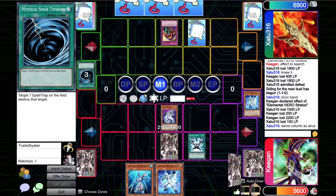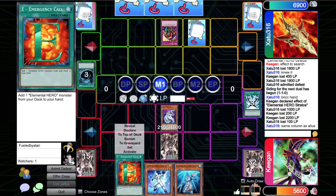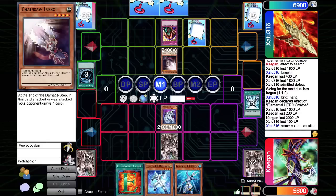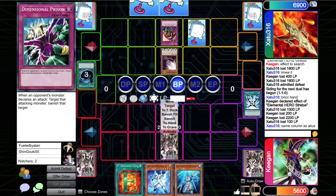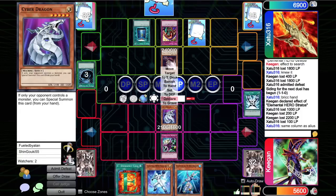That was honestly a bad play. E-Call, terrible draw. Very bad. Gets us our 3rd Alias at least, I guess. Chainsaw Insects. Cool. That's pretty good. That's going to force our D-Prison action here. The power of Cyber Dragon here is...